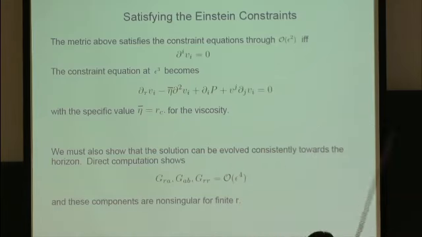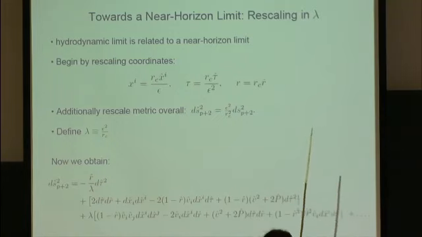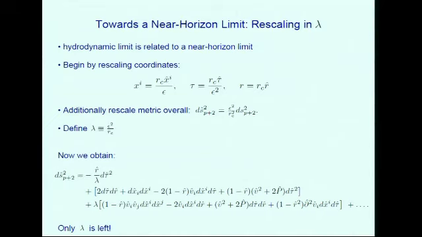So far I've been talking entirely about the hydrodynamic limit. But we usually talk about two limits in this problem, either the hydrodynamic limit or a near horizon limit. So I mentioned earlier that one of the reasons you can't see a Schwarzschild radius here is that we like to think of ourselves as being in some very near horizon limit where only the behavior of the horizon itself is important and we can think of it as flat. And what I want to show you in the next couple of transparencies is actually that these two limits are related to each other.